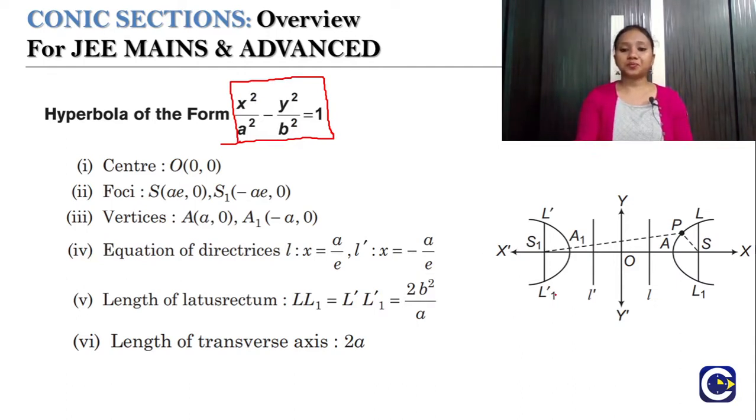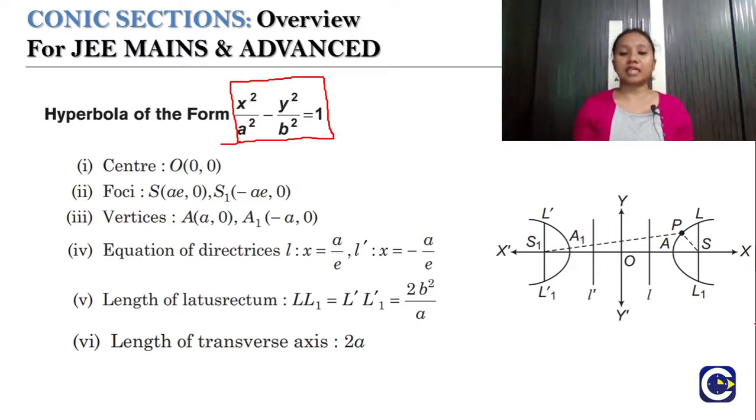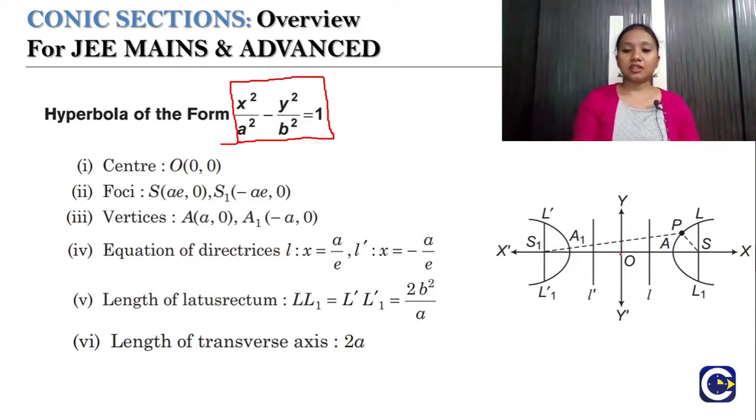And in the figure you can see the hyperbola form, where x dash will be my transverse axis and y dash will be my conjugate axis here. So for this given hyperbola, I can have all my terms and the coordinates related to that, right? So let's start with the center of this hyperbola here. You can see this x and x dash is my transverse axis and y dash is my conjugate axis here, and this O is my center of the hyperbola.